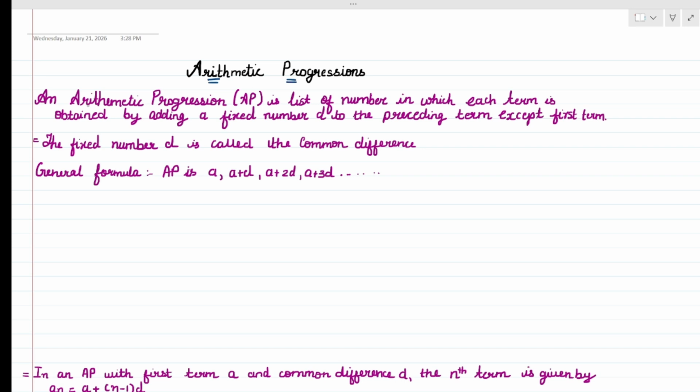Today we are going to learn about the topic arithmetic progression. What does an arithmetic progression mean? Arithmetic progression, in short form called AP, is a list of numbers in which each term